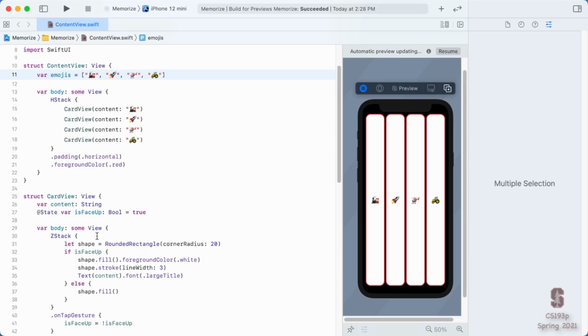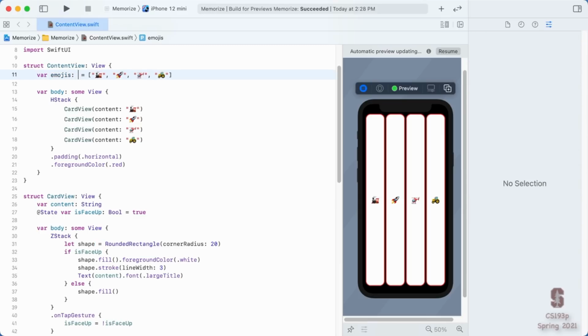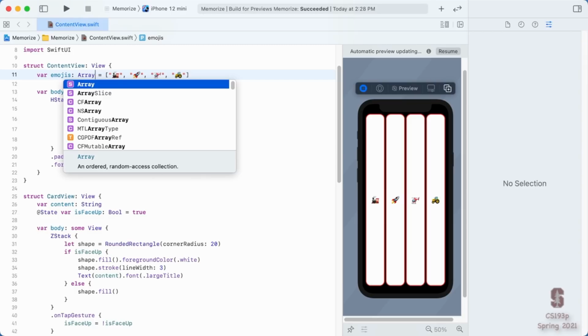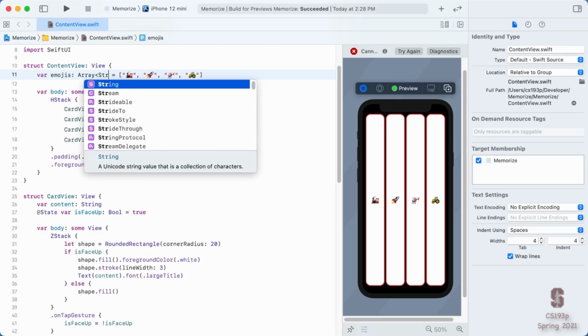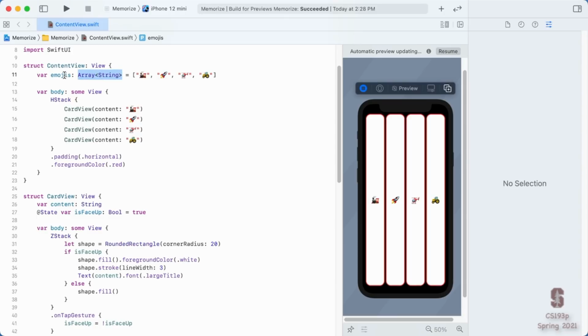Now, once again, notice I didn't specify the type down here. I let Swift figure it out for me automatically. But if we wanted to type this here, what type is it? It is an array, but just like in Java, you can't have an array of unspecified typed things. Swift is very strongly typed and it wants to know what type. So in angle brackets, you put what type is in the array. So this would be the type of our emojis var here. It's an array of string.